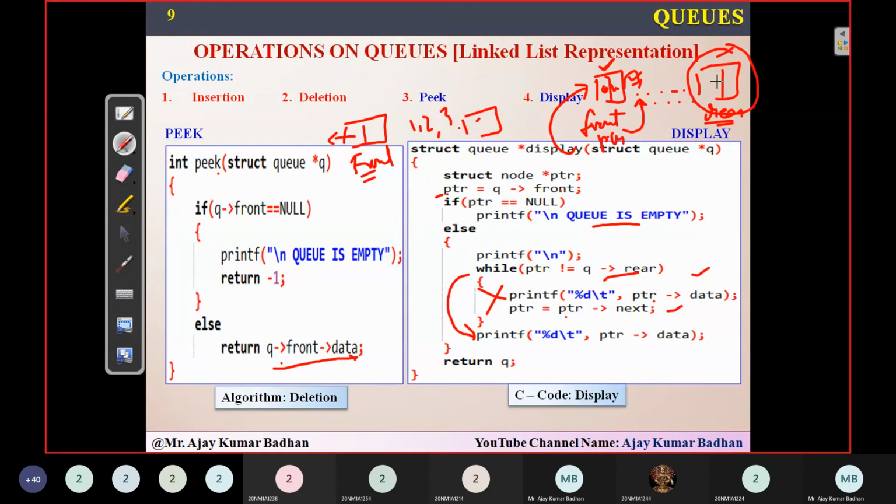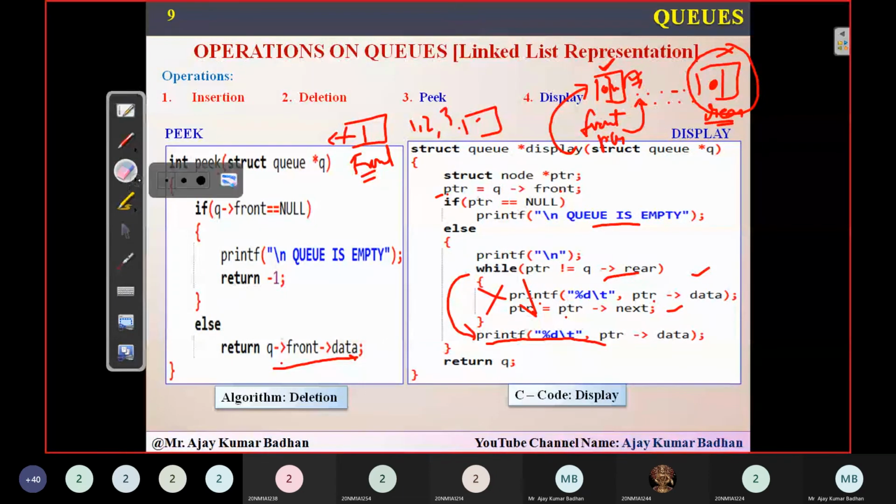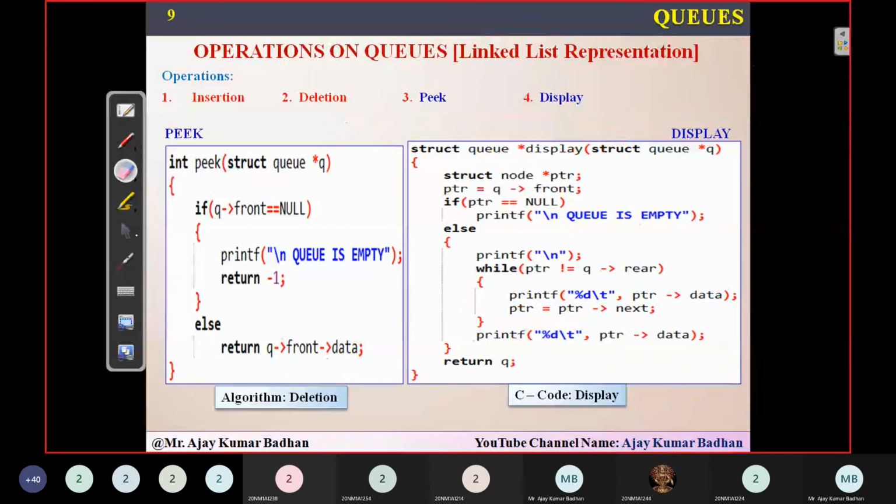But the data present in the last node is not displayed within this particular while loop. For that reason, I'm writing that printf statement one more time. You can see I have written this statement two times, one at this location and one at this.